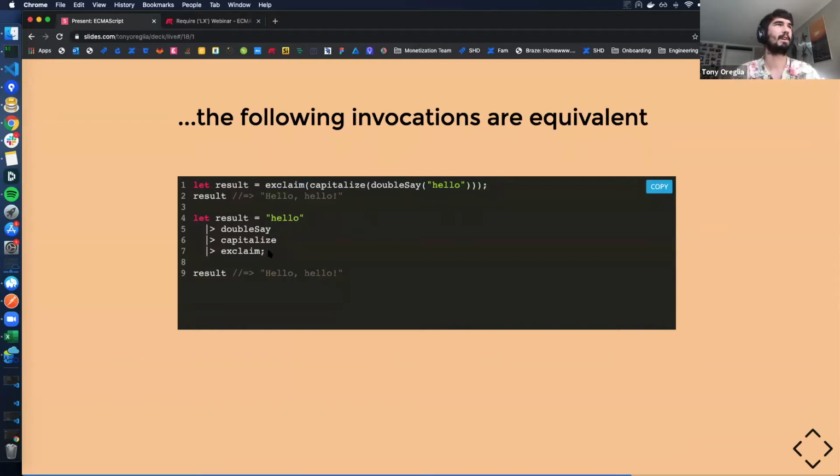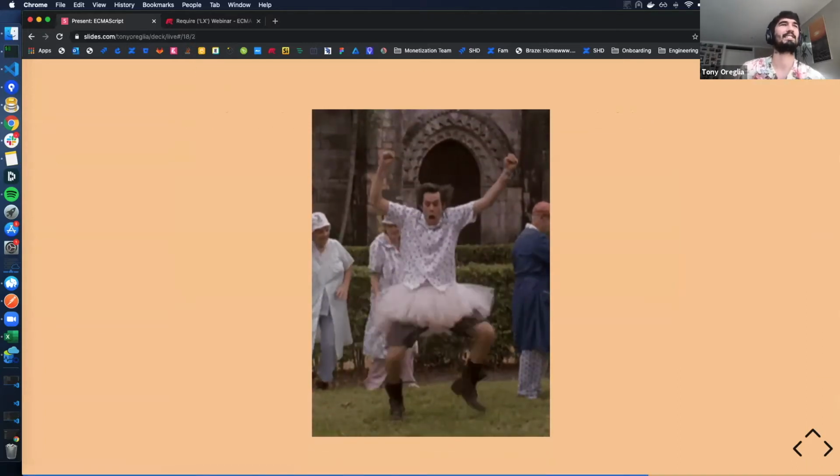But with the pipeline operator, it allows you to read it in a more natural way, by applying the method to the string on the right. So you take hello, double say, and capitalize, then exclaim. It's just syntactic sugar, sure, but to me, it's more readable. It's not adding any invisible functionality. For a newcomer, I would imagine that they would quite easily be able to interpret what this code is doing. So actually, I really like it. I think it's a great new feature.